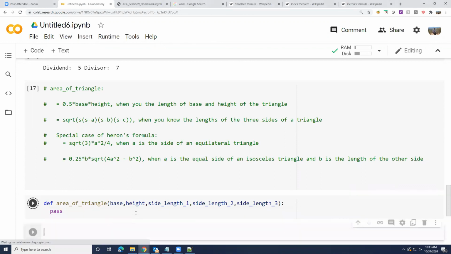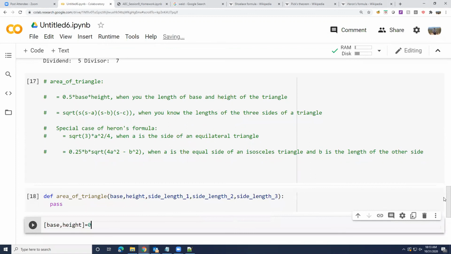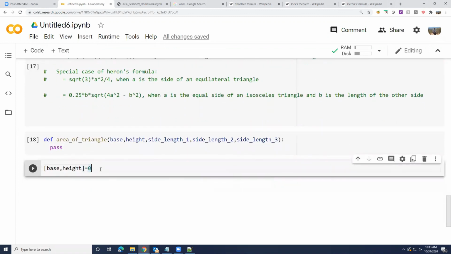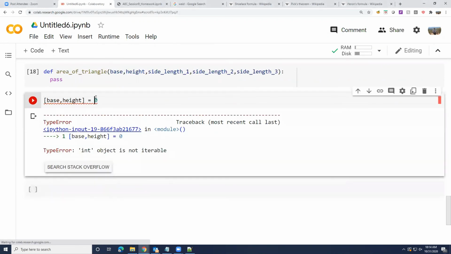So what's the problem with this? Or does this work? Anybody, does this work? Yeah, 0, 0, right? So what's the technical term for the problem associated with this? Exactly, too many values to unpack or too few values to unpack, really. Here, this one even says int is iterable, but that's even more of a problem, but that's the point.